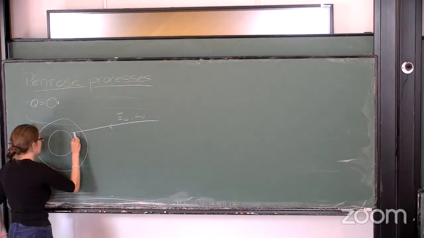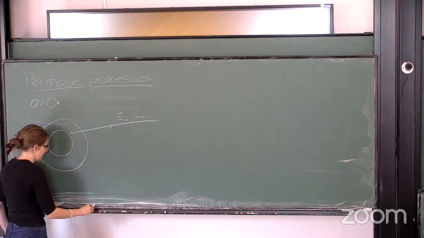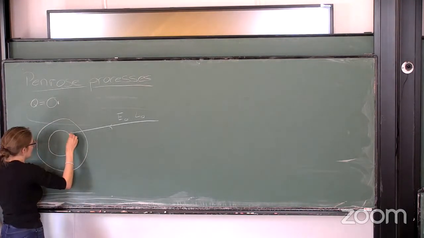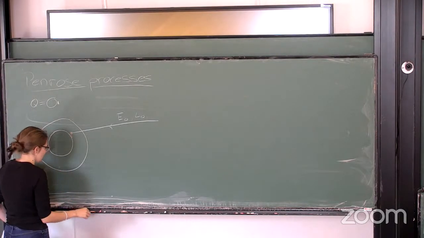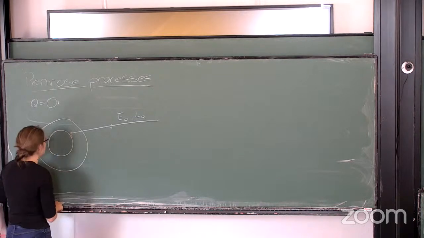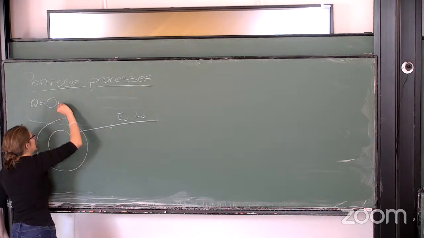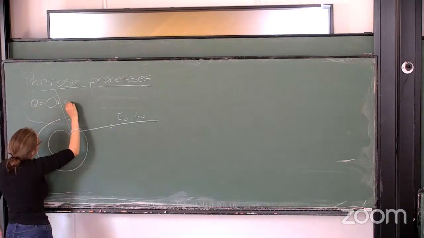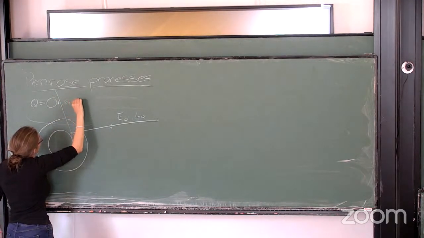So there is kind of a decay or a splitting, and one half of the particle falls into the black hole, while the other half escapes away to infinity. So these then have energies E0,